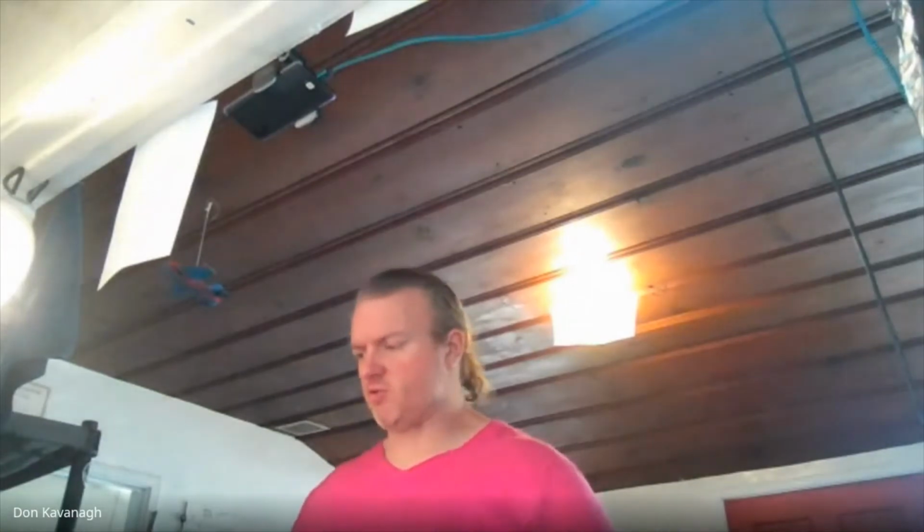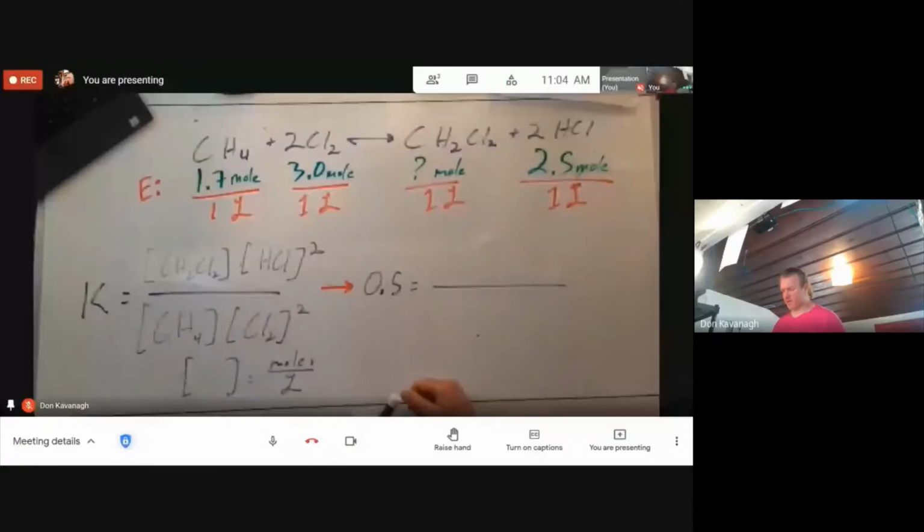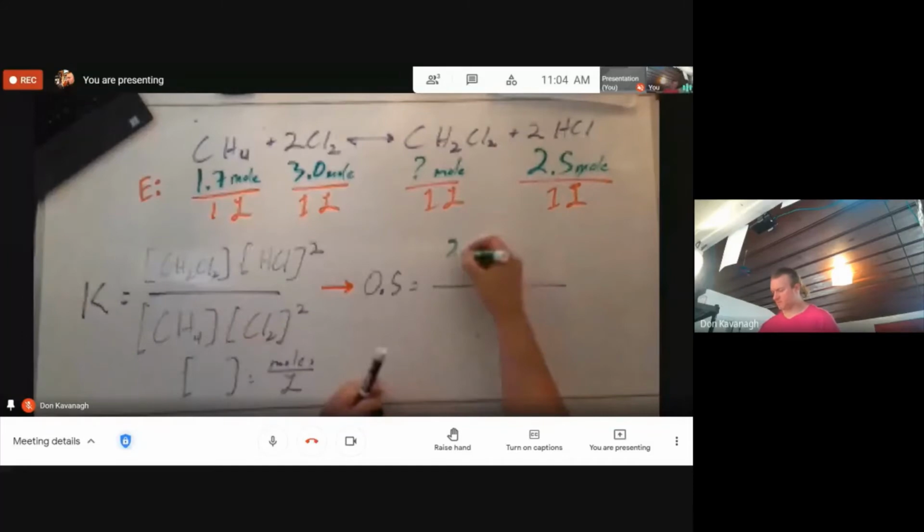With the numerator, this first product, question mark moles divided by 1 liter. You can also put in X moles. Then for HCl, to convert this into molarity, moles divided by liters,